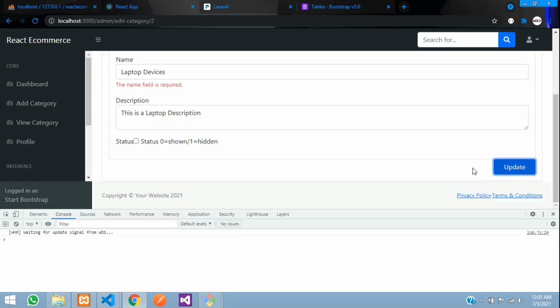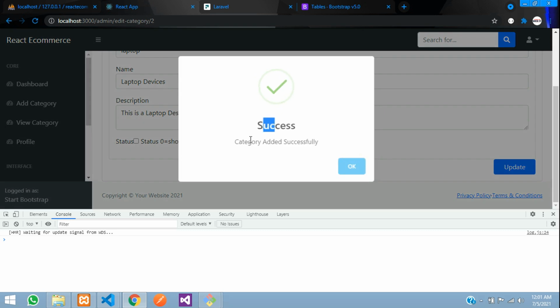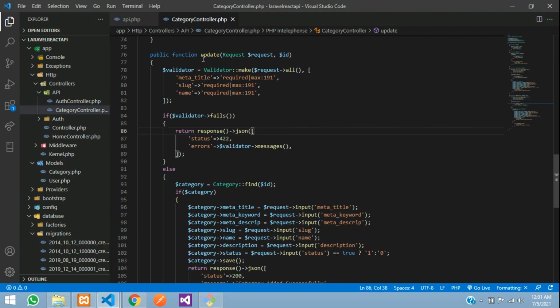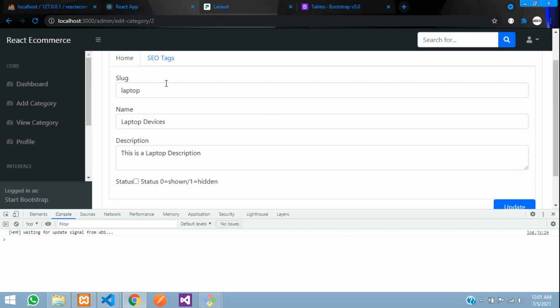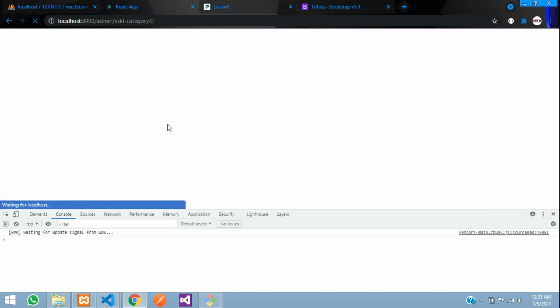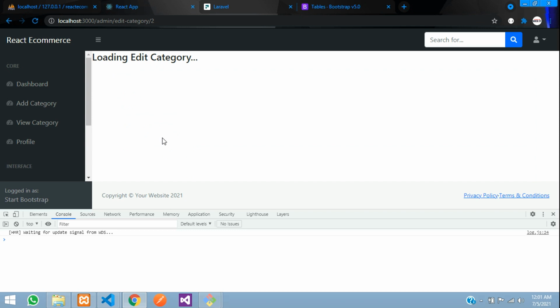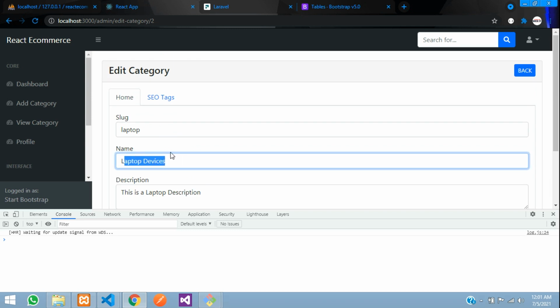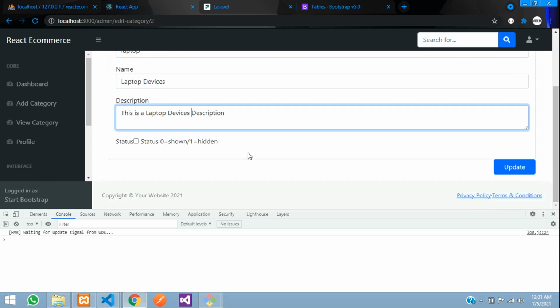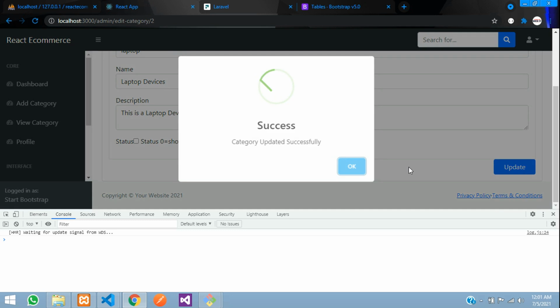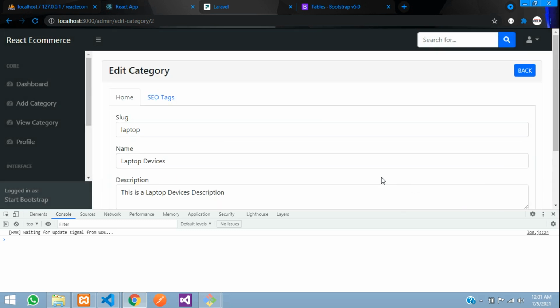Let's update. Perfect. So success, category added, not added, we have to make it updated. Let's get back to our update function, where make sure you are giving this updated. Okay, save it. Let's get back. You can refresh and check that the data is perfect. So it's updated guys. So let's make this laptop device description. Let's update. Cool. So you can see guys, we have successfully done that,